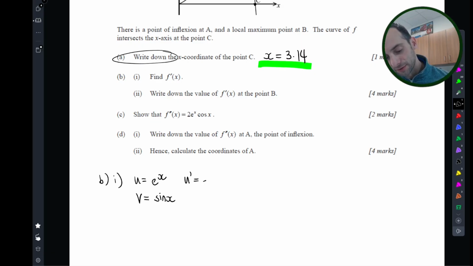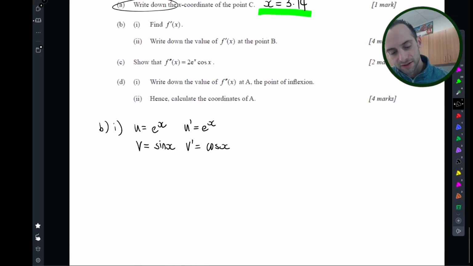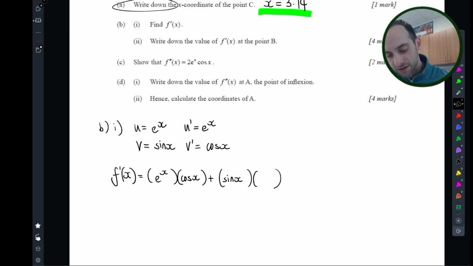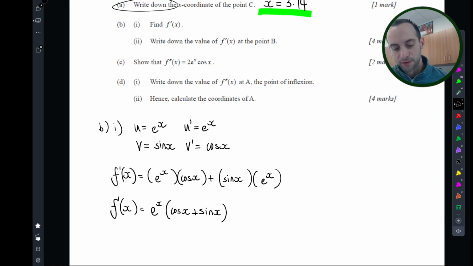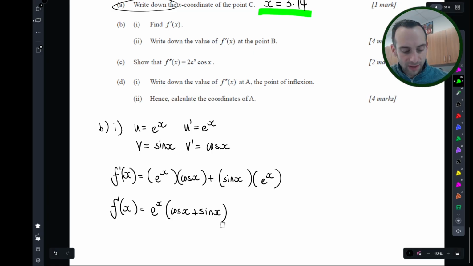We'll take our derivatives. So derivative of e to the x stays e to the x. Derivative of sine x we know is cosine x. Okay. It was sine x, not cosine x. And then we can glue our derivatives together with our 4 parentheses structure that we've been using throughout this set of notes. So first function e to the x, derivative of second cosine x. Second function sine x, derivative of first e to the x. And we can clean this up a little bit by factoring out an e to the x and then throwing the cosine x plus sine x in a parenthesis there. And that's probably about as clean as we're going to get that